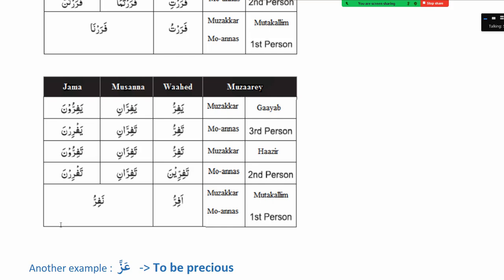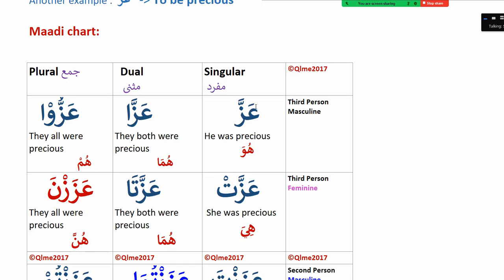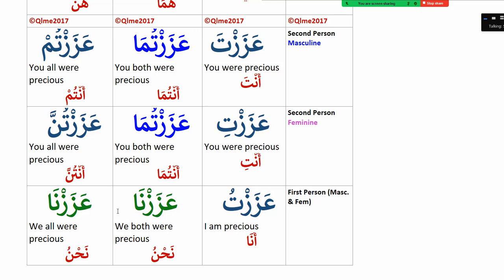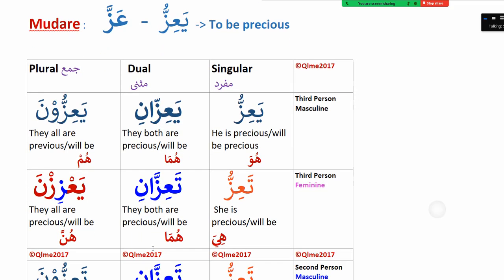Afirru, nafirru. For example, is azza, to be precious. Azza, he was precious. Azza, azzu. Azzat, azzata, azazna. Anta azazta, antuma azaztuma, antum azaztum. Anti azazti, antuma azaztuma, antunna azaztunna. Ana azaztu, nahnu azazna. But the mudari is going to be azza ya'izzu because it belongs to that daraba yadribu. So it becomes ya'izzu, he is precious or he will be precious. Ya'izzani,